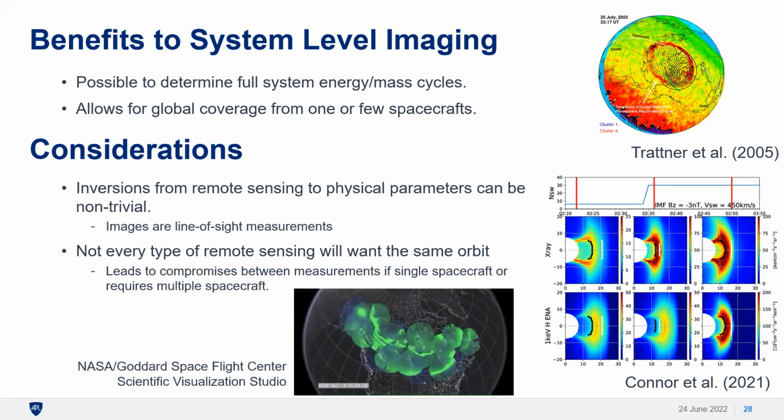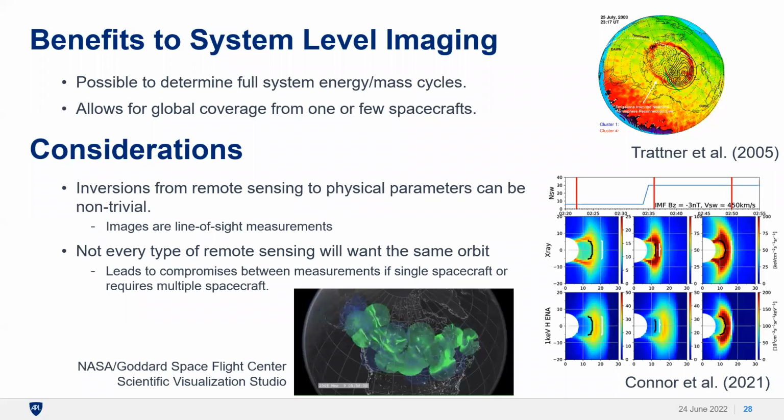And also, not every remote sensing instrument is going to want to have the same orbit. So you're going to have to consider things like, if you want to have one of your instruments really far from the Earth in order to get this nice big picture of the whole system, the other one wants to focus in just on the ring current, wants to be a little bit closer in. Either you do trade-offs between those 2 instrument teams, or you need additional spacecraft to be able to put those